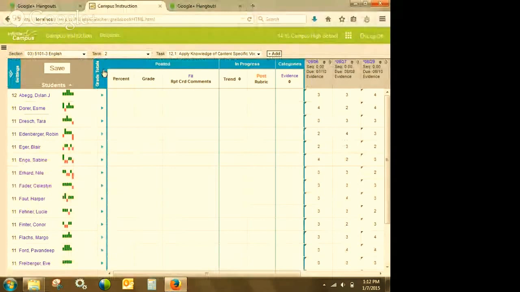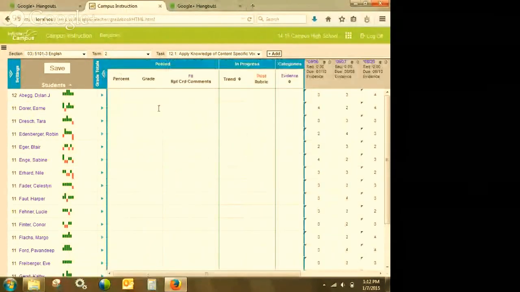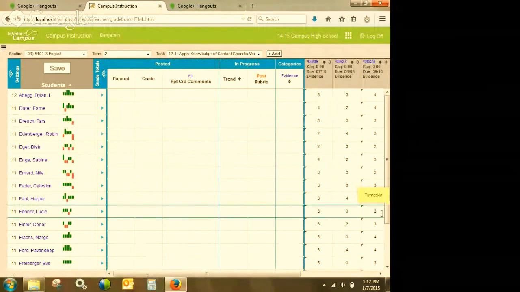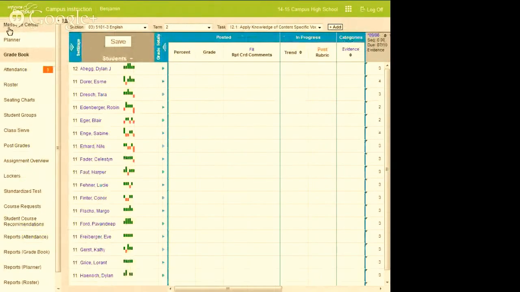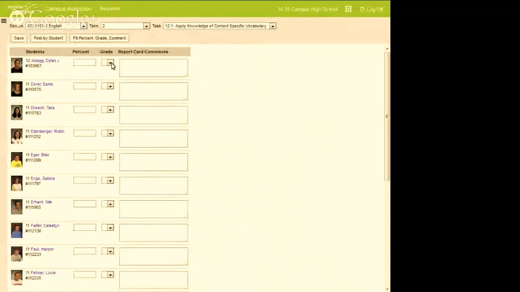So long story short, they're coming from here where I'm putting in evidence and I'm calculating a score, hitting save and submitting that in. Now the big question I get a lot is, well, our kindergarten teachers don't use a gradebook, right? We have put some tools in that let you do this, where I can bypass all of those assignments in the gradebook completely, and I can just go to the post grades tool, and this is where I can put in my comments and my report card grade and just do it that way. And maybe I have, you know, a big red gradebook or something else, but I can bypass using that gradebook and still do report card comments and all of that for your report cards that come out of Infinite Campus.